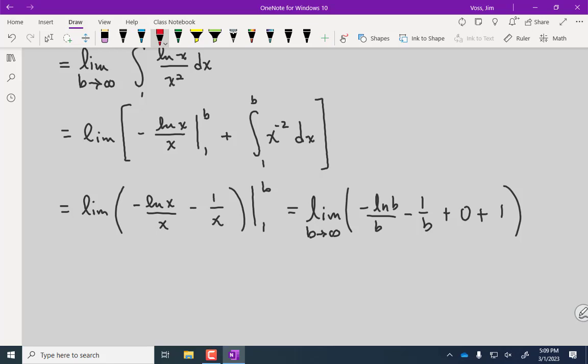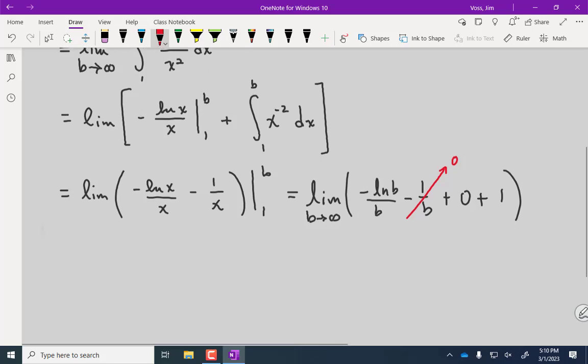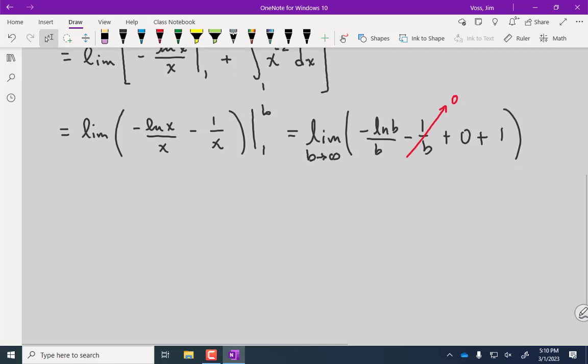Where do these two things, where does this one go? That definitely goes to 0. So we have 0. So, I think it's negative infinity over infinity. Which one's bigger? So in Calc 1, you learned a very important technique that we're going to see a fair amount in here, and that technique is